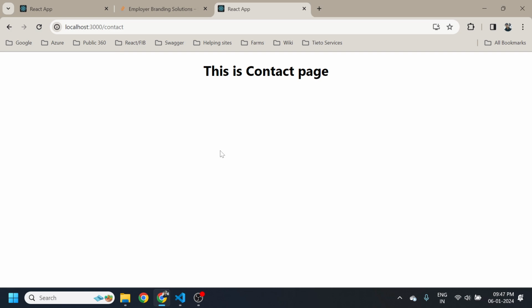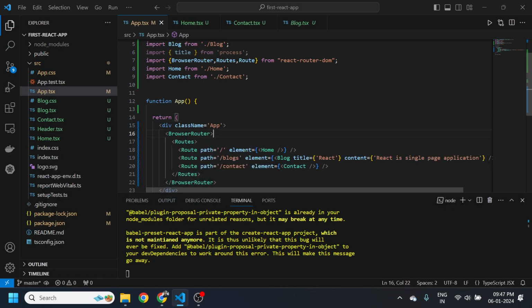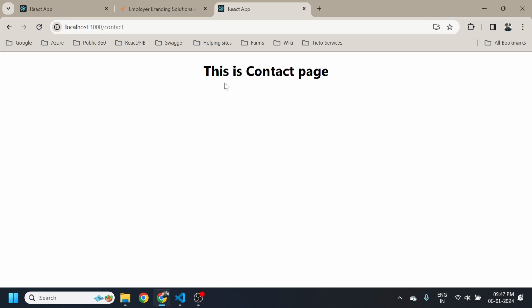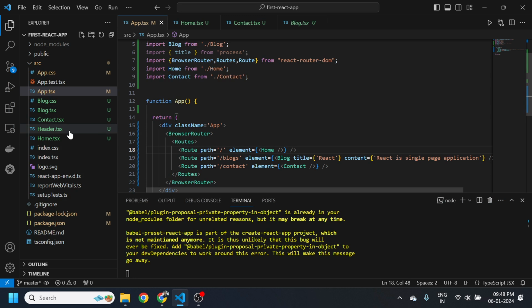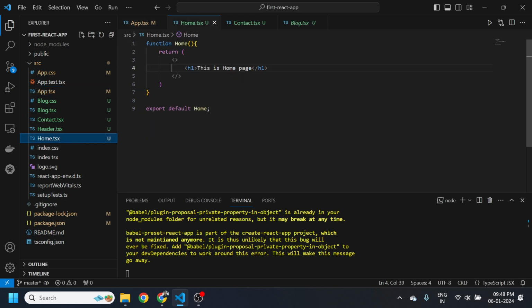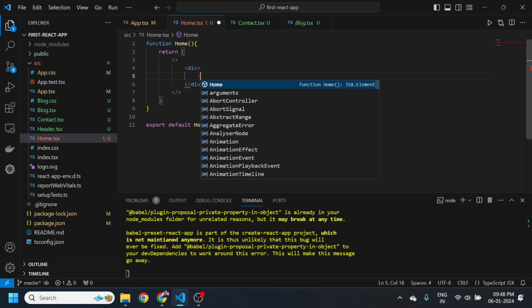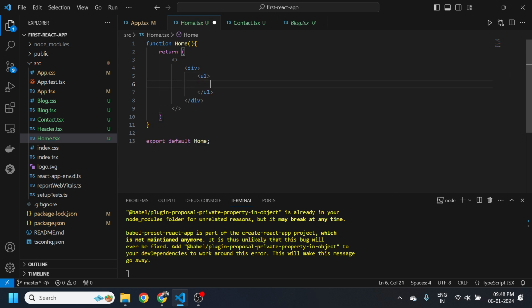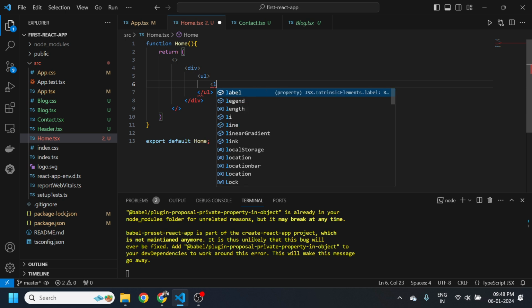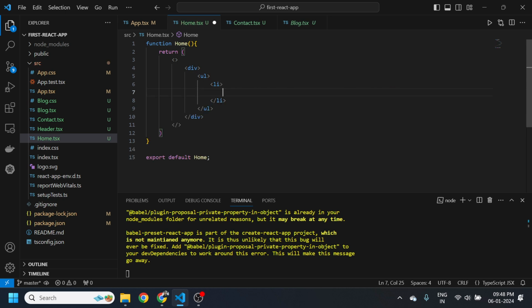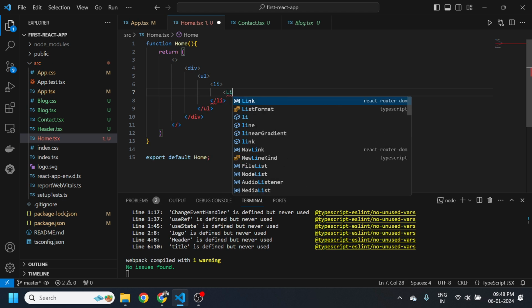Okay, now here we need to enter it. So let's say we try to add a component where we have all these things. How can we have the menu, and on the click of menu how can we show the components? So let's add those, and let's say on the home page here, let's add a div, and here I'll add a UL, unordered list,